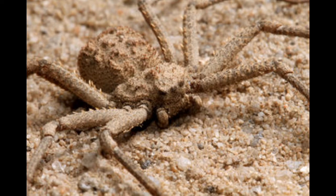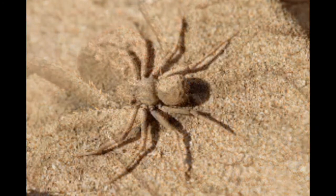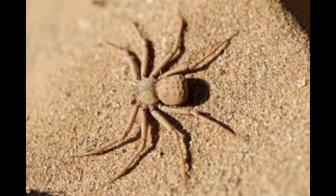Bites by this spider to humans are uncommon, but have been experimentally shown as lethal to rabbits within 5 to 12 hours. There are only 2 suspected bites on record. However, in one of these cases, the victim lost an arm due to massive necrosis, and in the other, the victim died of massive hemorrhaging. Similar to the effects of rattlesnake bites,